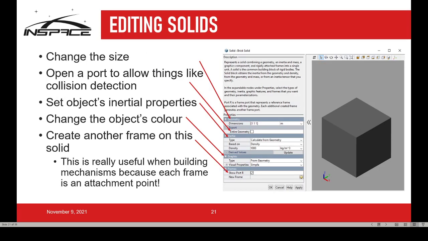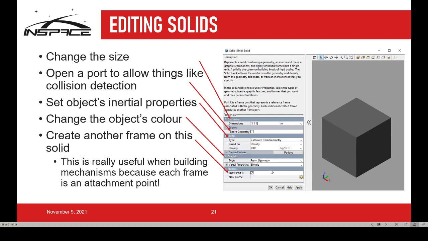Yeah. And so when you import them, this is kind of what they look like. You can give them the dimensions. If you want to, open another port that exports its geometry, which allows things like collisions and stuff, which is actually the next thing I'm gonna show, which I've got a couple files for. Then you would click this, export entire geometry, set its inertia and mass and stuff, change the color, create another